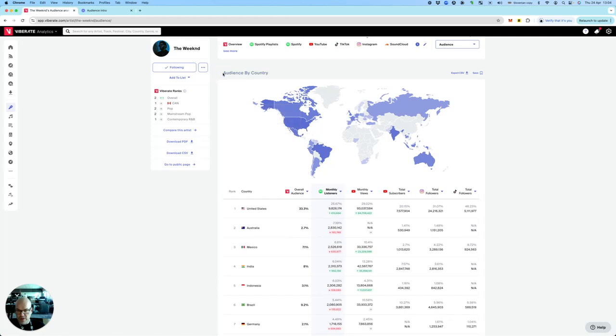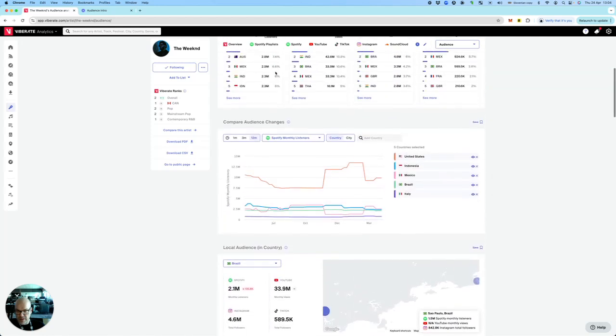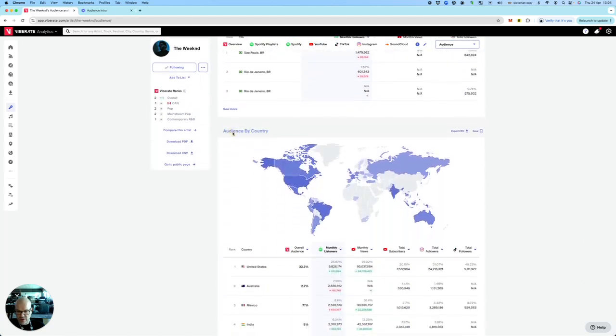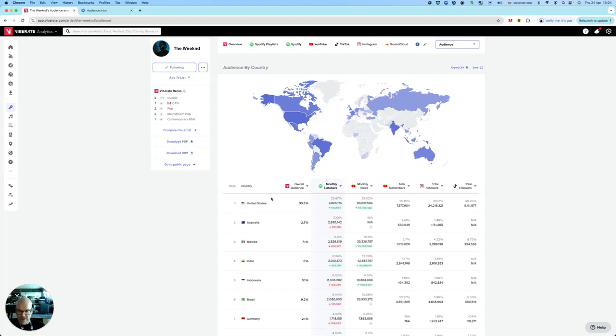we got redirected from the recap section here. So if you click see more, it will take you here. So you have a country chart. This is based on the popularity of the artist on Spotify. You can select YouTube, views, subscribers, and then followers on Instagram versus followers on TikTok. So you can rank according to any of those listed channels, or just leave it on the overall audience.